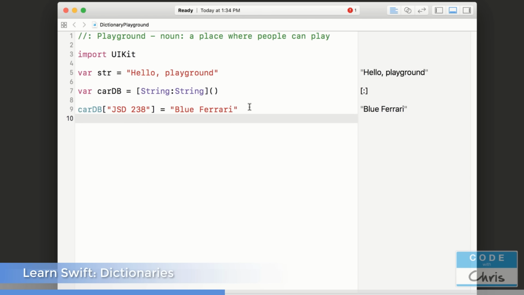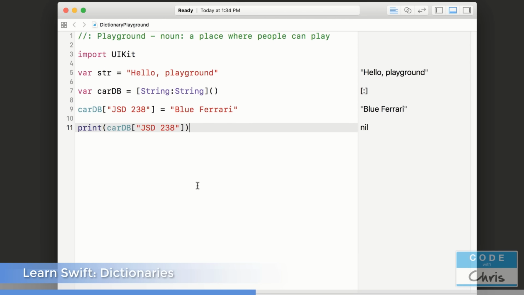Now, this value, blue Ferrari, is tied to this key, JSD238. How do I retrieve the value? Well, it's very simple. I just give it the key. So if someone were to look up this license plate, let's say I print this out like that, it would print out blue Ferrari. But notice that it's wrapped in an optional tag because, for example, if I passed in a key